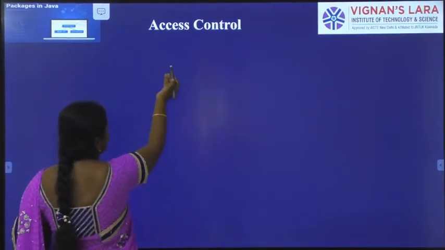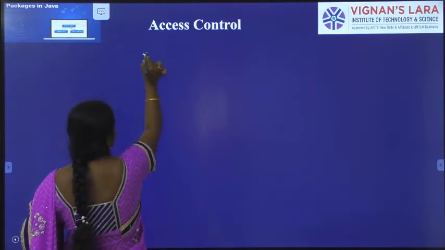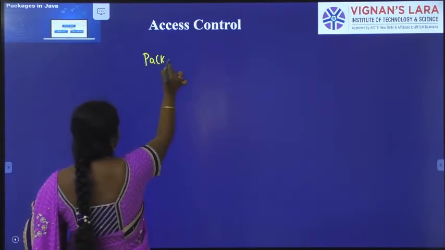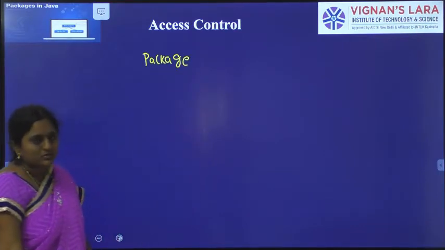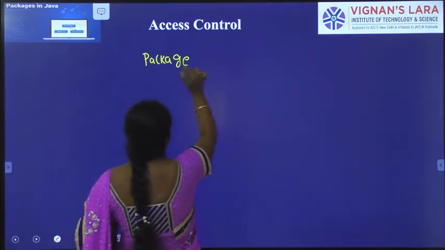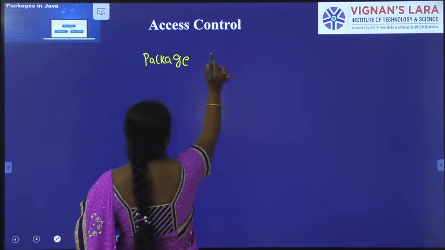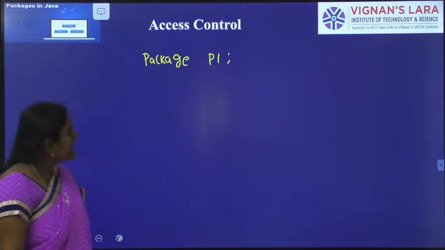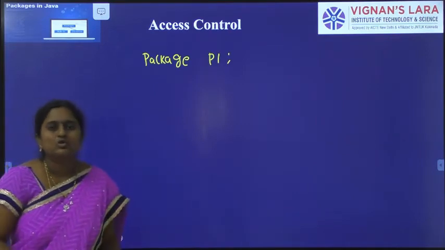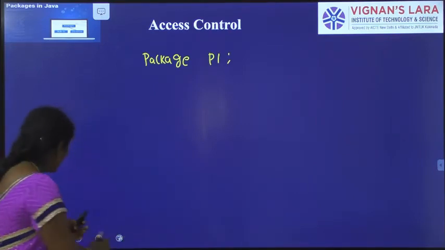Here I am creating one package. Package declaration starts with the package keyword. Already you know that. Already I told you. According to the naming rules, the first letter should start with a lowercase letter. Here I am creating package P1. So in this P1 package, I want to import